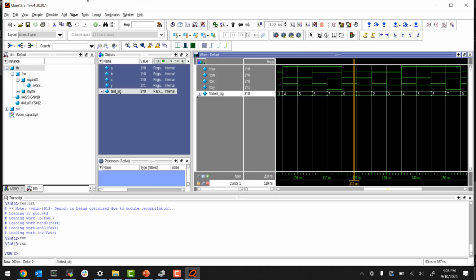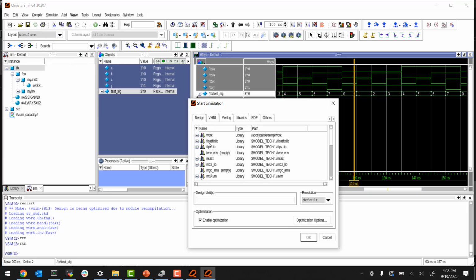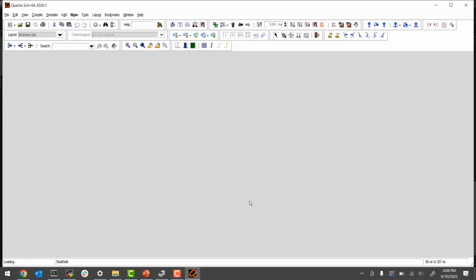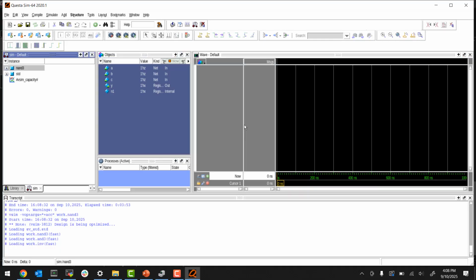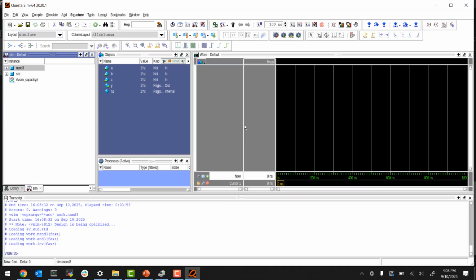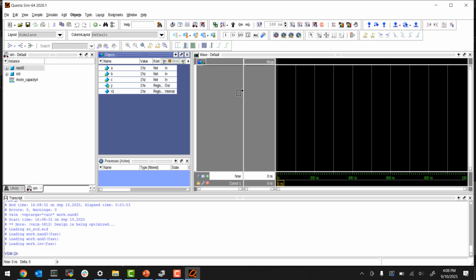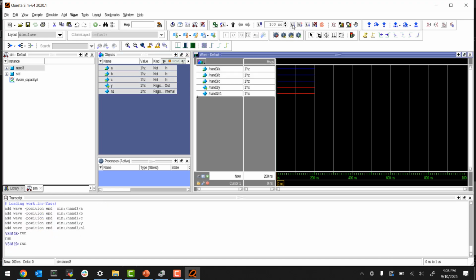There is another way you can do this. If you go to simulate, and then start simulation again and go to work, let's say I select the NAND gate now. I hit OK on that, and it should restart. Now the top level design is the NAND gate, so I've set this as the root of the design. I have to drag these signals in again. Now when I run it,